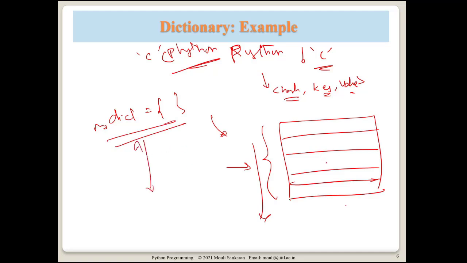So what does CPython do? It doesn't want to occupy more space, so it creates an array of 8 elements to start with. If the number of entries are more, then the table will grow. It has to be